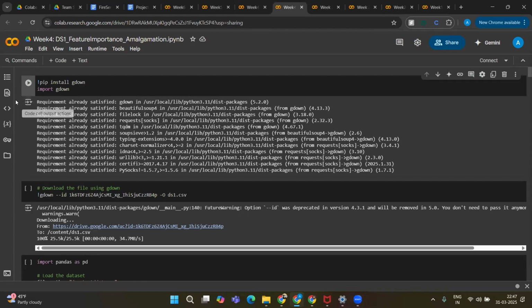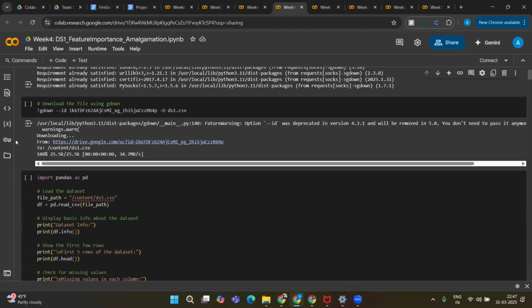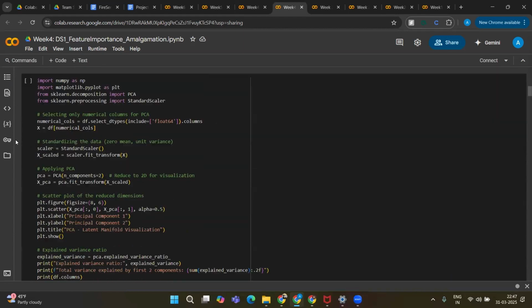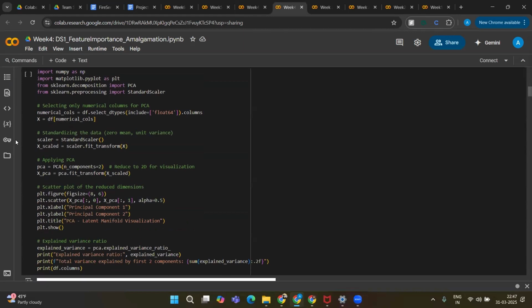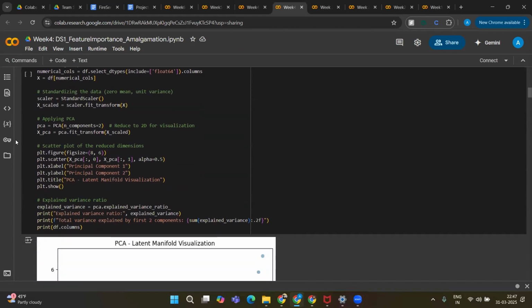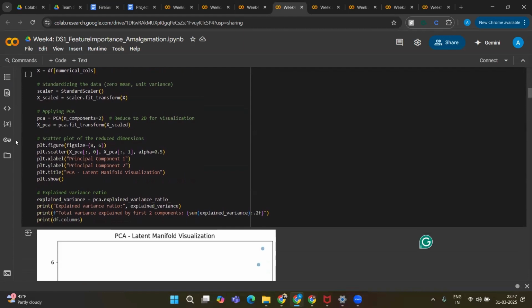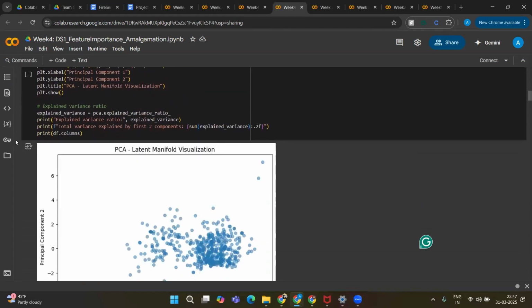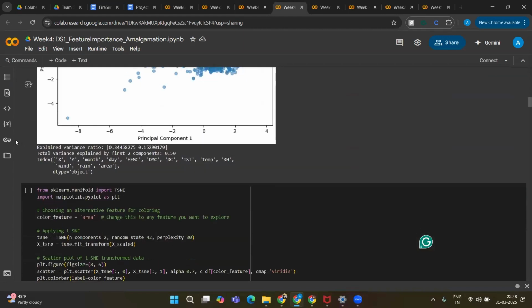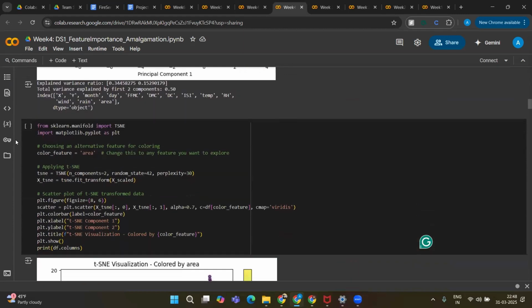First of all, we are getting the dataset and we do some EDA by checking null values and all. And then we are selecting only numerical columns for principal component analysis. It is used to change the high dimensional data into low dimensional data. Here I have visualized a PCA over it, and then we have developed t-SNE visualization here, and we